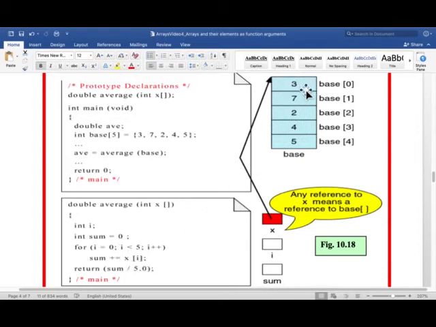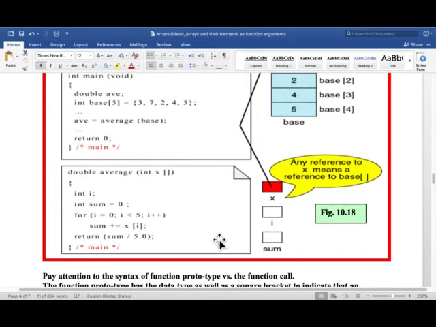Then the first time my sum will be 3. Then I becomes 1. 1 less than 5 is true. Second time I'll add 7 to the 3. Then 2 to the 10, 12, and 4 is 16, and 5 is 21, and 21 divided by